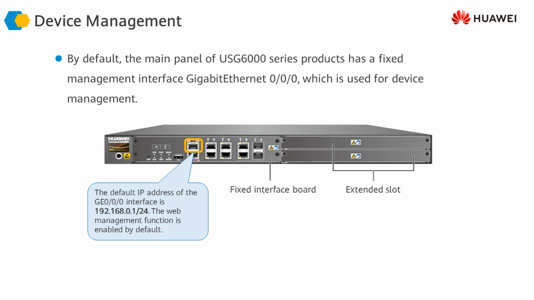Once you have accessed the device using this interface, you can then either do the configuration through the command line using CLI, or you can do the configuration through the web browser using HTTP or HTTPS and use the graphical user interface as well. More or less, the things that you can configure in both cases are almost the same. So these are the two ways of configuring your device, either through the console port or through the GigabitEthernet 0/0/0 management interface.